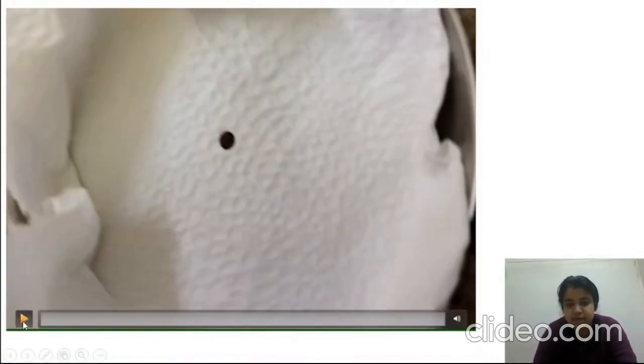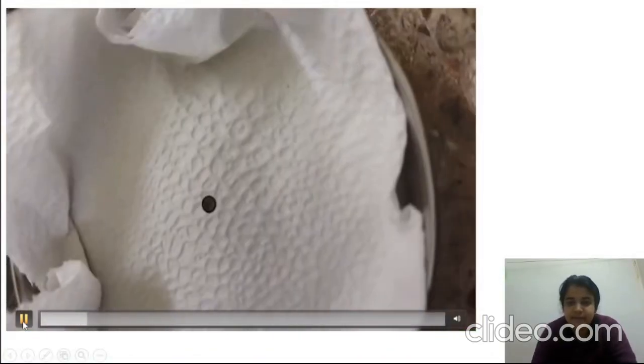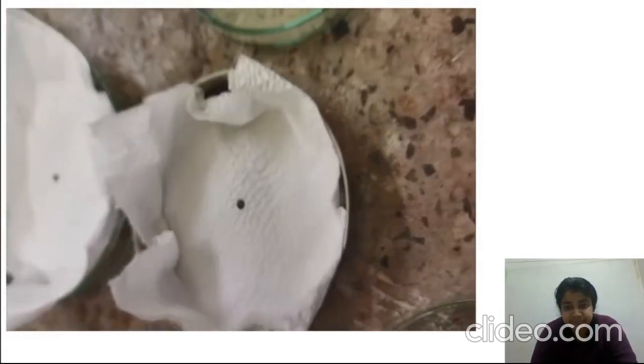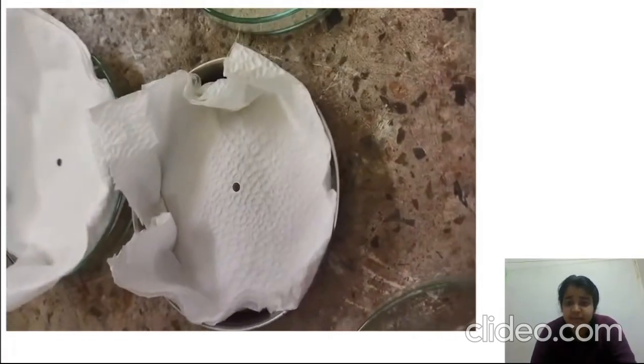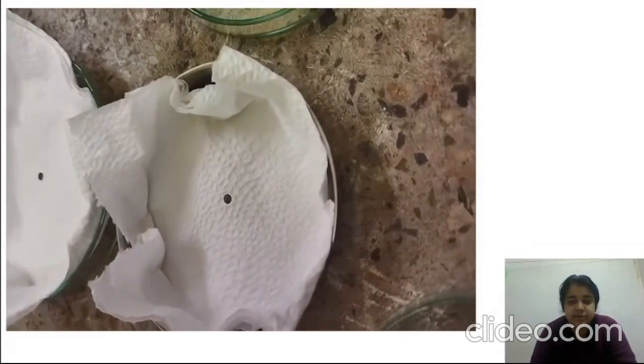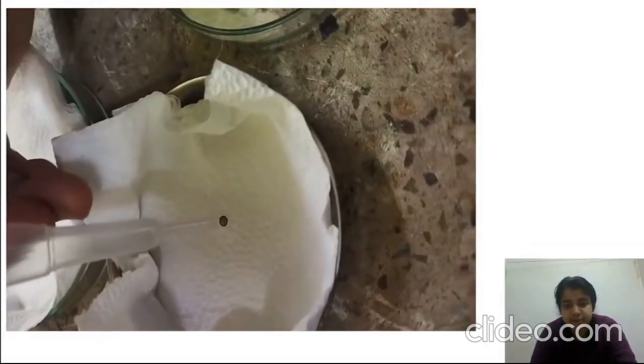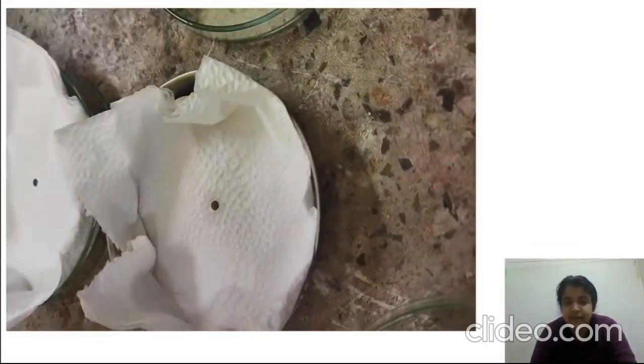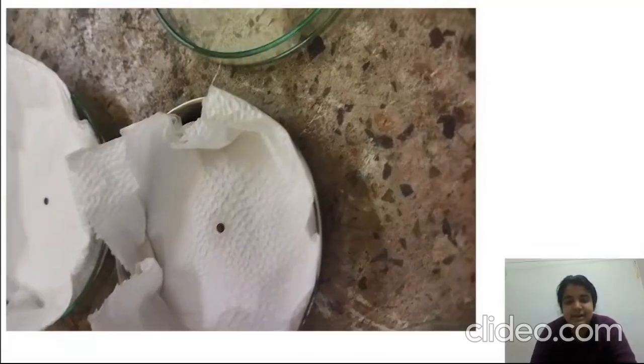Then we take a 300 mesh carbon coated copper grid, and we take a drop of that well dispersed solution on that grid and dry it overnight, and then this dried grid is used for the TEM study,